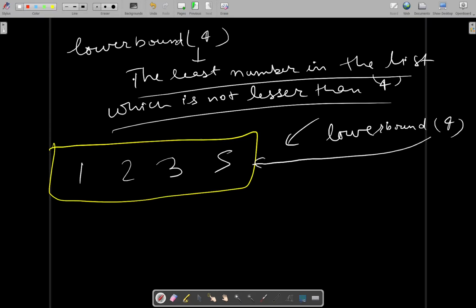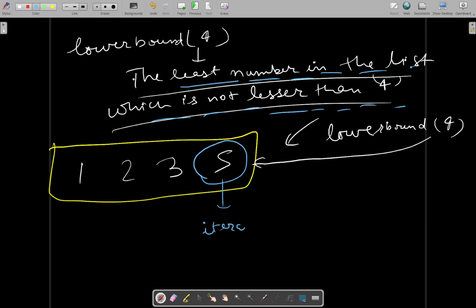What will be the least number that is not lesser than 4? This 5 will be the least number in the list which is not lesser than 4. This will be 5. Your lower bound function will be returning a